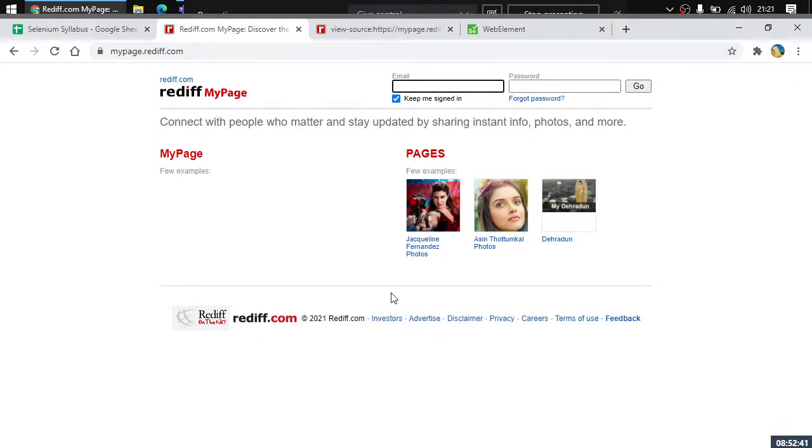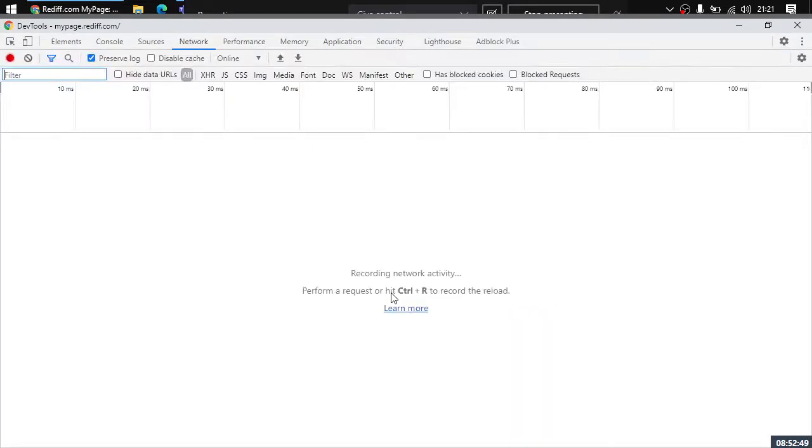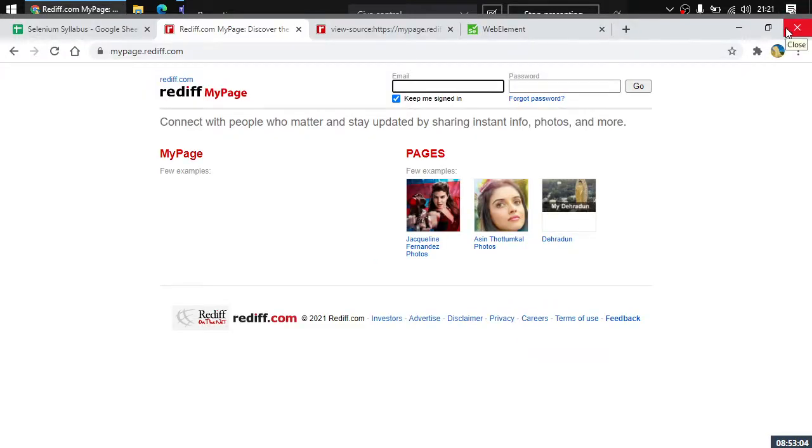Now, what if I just want to open that window but don't do anything else? Control Shift I, right? It opens this particular window. Maybe some website is blocking it, or some developer has implemented a few things on the page so that you're not able to see this window with this particular key combination. No issues. There are some other key combinations as well.